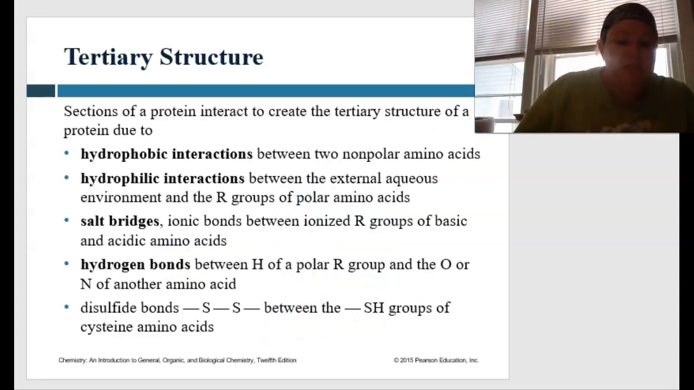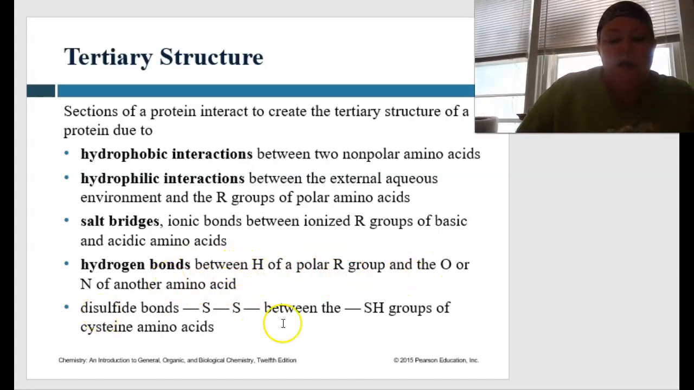So sections of the protein can interact to create a tertiary structure of a protein due to hydrophobic interactions between carbons, right? Those 2 nonpolar amino acids. Hydrophilic interactions between the external water-loving amino acids, the polar amino acids. Salt bridges, which are ionic bonds between the ionized R groups of acidic and basic amino acids, as well as hydrogen bonds, which are between the H of the polar R group and the O or nitrogen of another amino acid. And then we have that special disulfide bond, the S-S, that is between the SH groups